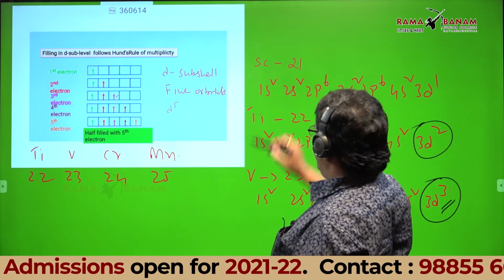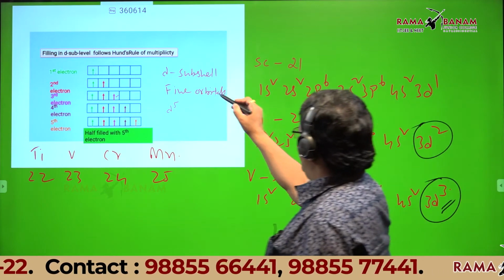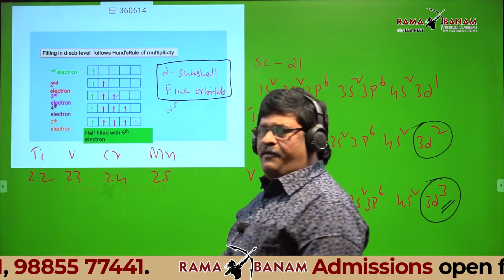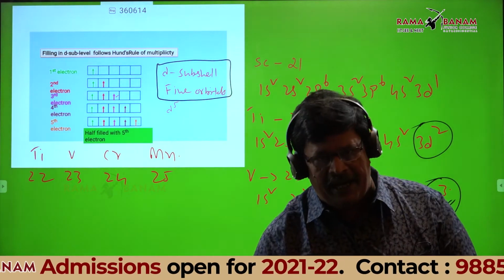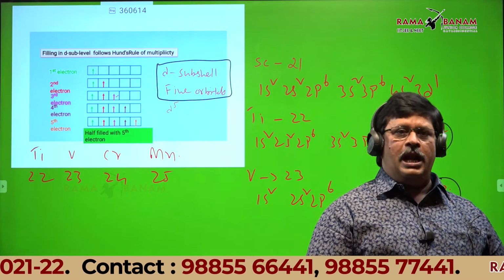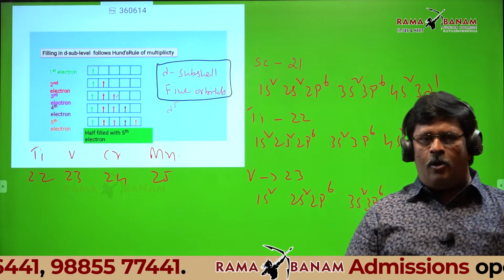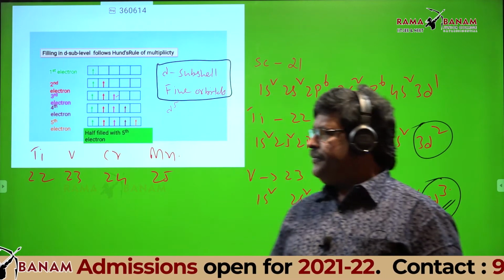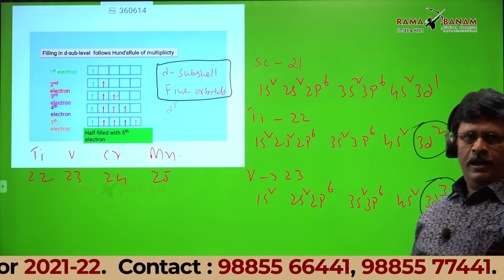Can you tell how many orbitals can be accommodated in the d subshell? I have written here already. In the d subshell, 5, sir. All the five orbitals in the d subshell are degenerate. What it means? All the 5 d orbitals in the same subshell have the same energy. Same energy orbitals are called degenerate orbitals. Is it okay?